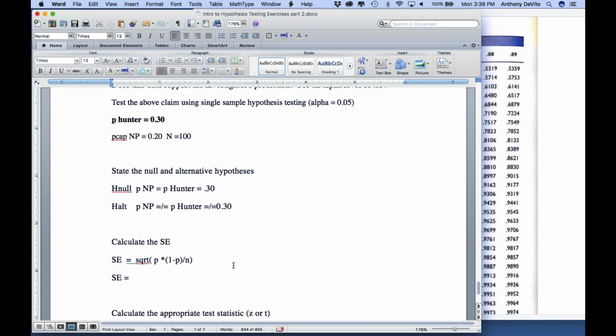Anybody working that out? What's that going to be? It's going to be equal to 0.3 times 0.7 over 100, and then you're going to find the square root of whatever that is. 0.3 times, what is 1 minus P? If P is 0.3,